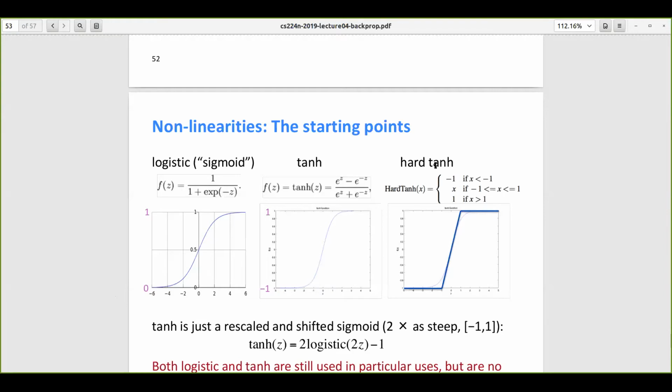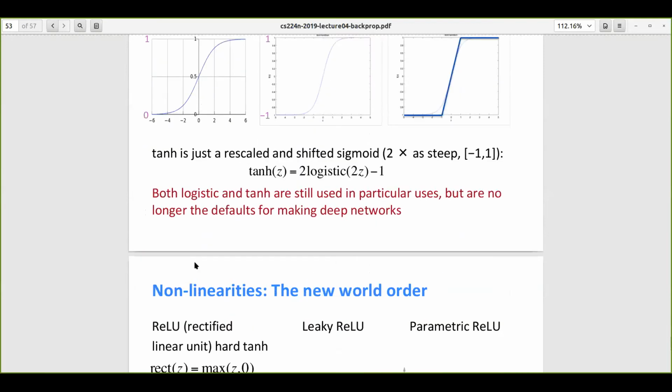We see that hard tanh and tanh are kind of similar, but the advantage with hard tanh is that it is very easy to compute, because we don't have any exponentials here. If the input value is less than -1, hard tanh is going to output -1. If the input value is between -1 and 1, it's going to output the number itself. And for any number greater than 1, hard tanh is going to output 1. So ReLU could have been inspired from this hard tanh. But before we go to ReLU,